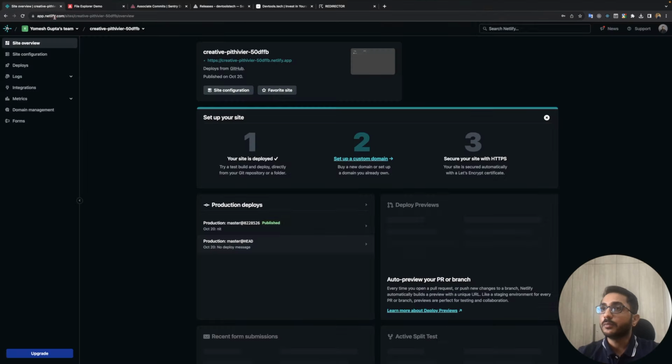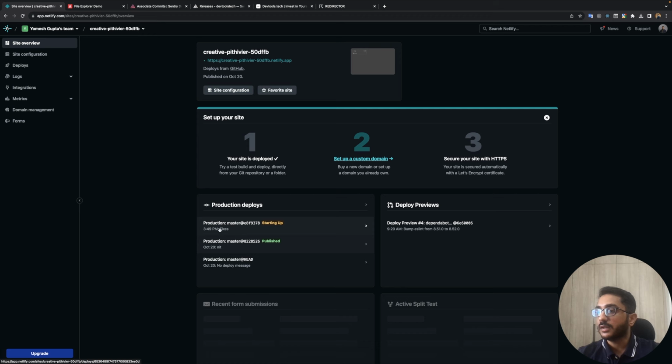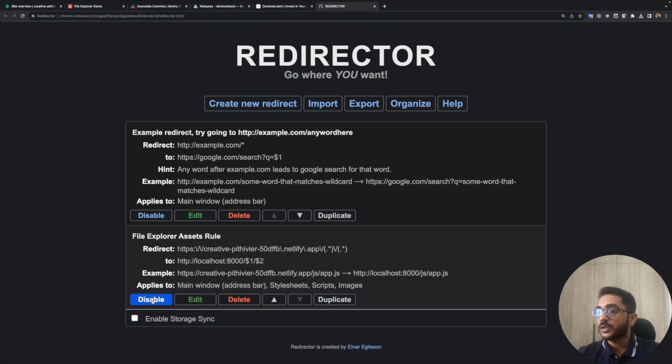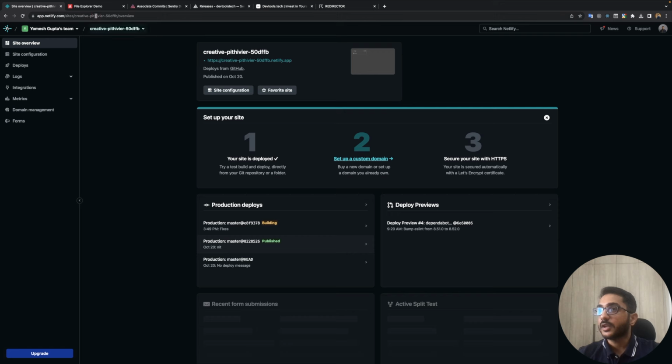So this is Netlify, I'm using Netlify to deploy this. We are seeing that the production right now is getting deployed. So we can go back to our Redirector and we can disable this rule for now. And if we see, it's right now building,